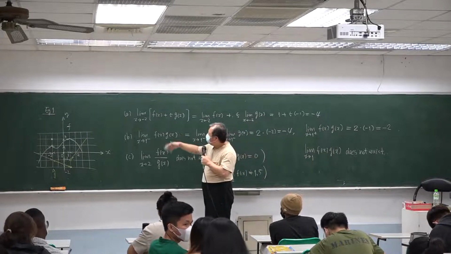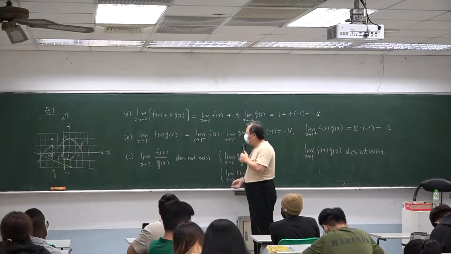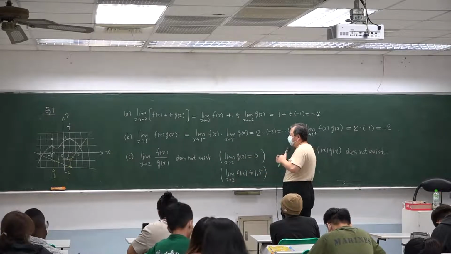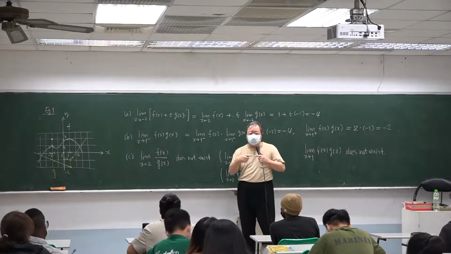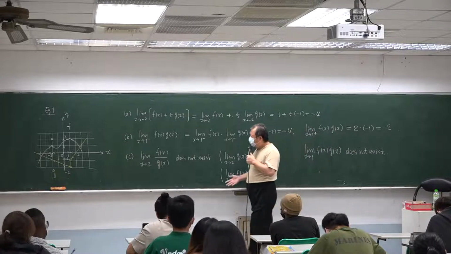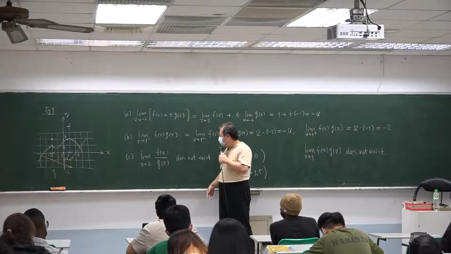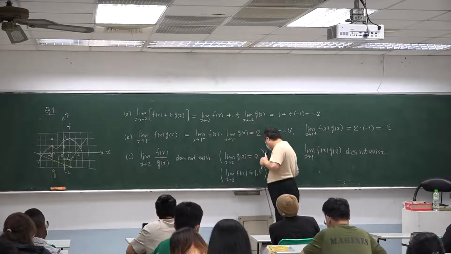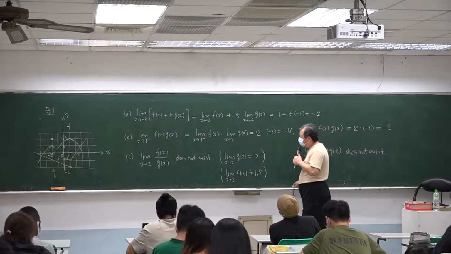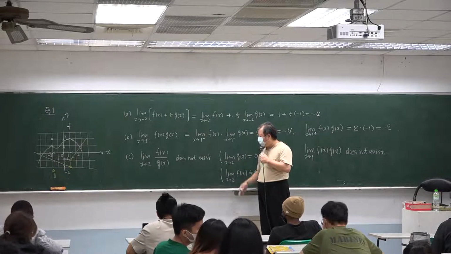Limit, if all limits exist, preserves addition operations. And here we use the limit and the relationship between limit and two-sided and one-sided limit. Let's see, we learned the quotient law of limit. More precisely, if this one exists,